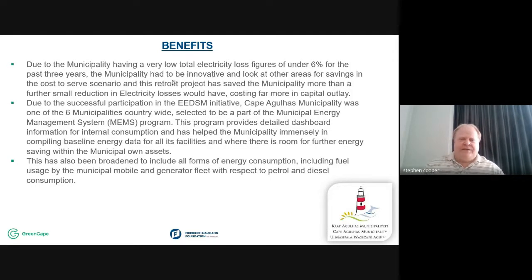And the innovativeness here is that we have very low electricity loss figures, total figures of under 6%. So what we've done is, obviously, there's more money to be saved by decreasing our internal usage, and this has helped us hugely in that matter, more than spending a lot of money trying to reduce 0.5% on electricity